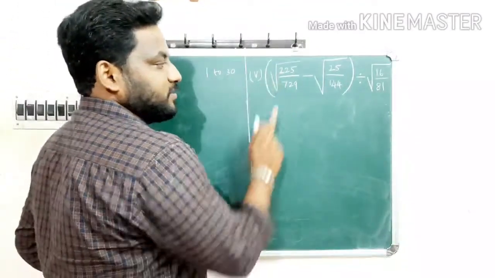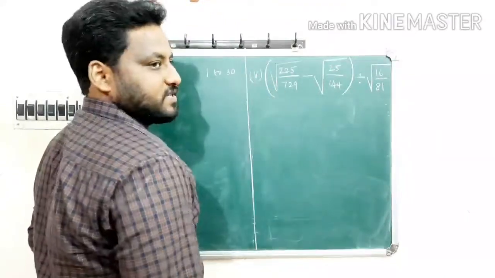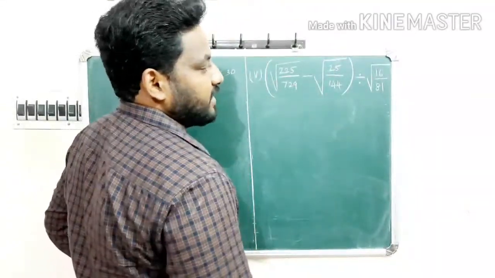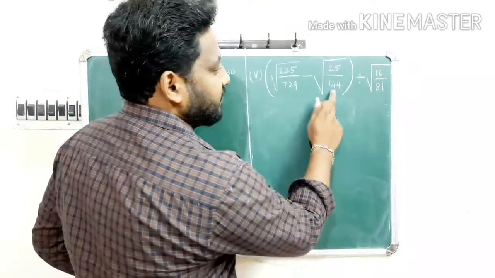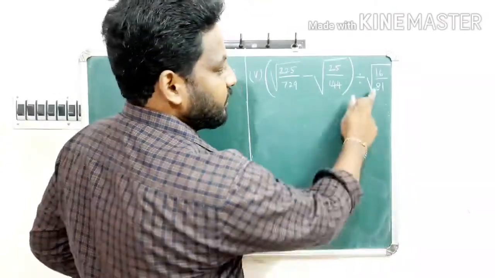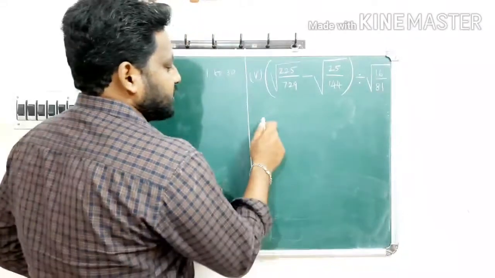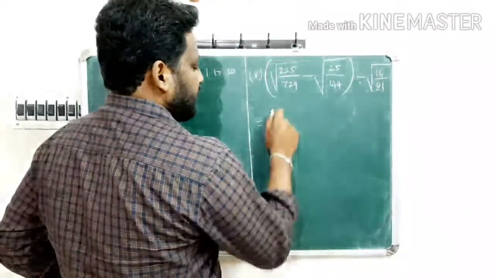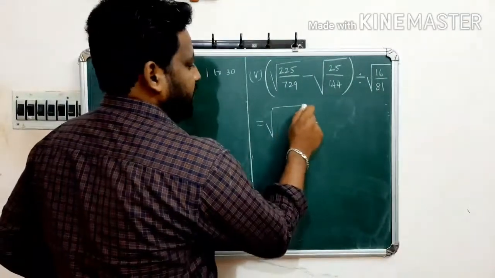So 225 is the perfect square of 15. 729 is the perfect square of 27. And then 25 is the perfect square of 5. And 144 is the perfect square of 12. 16 is the perfect square of 4. 81 is the perfect square of 9. So first of all, we have to write, we know that